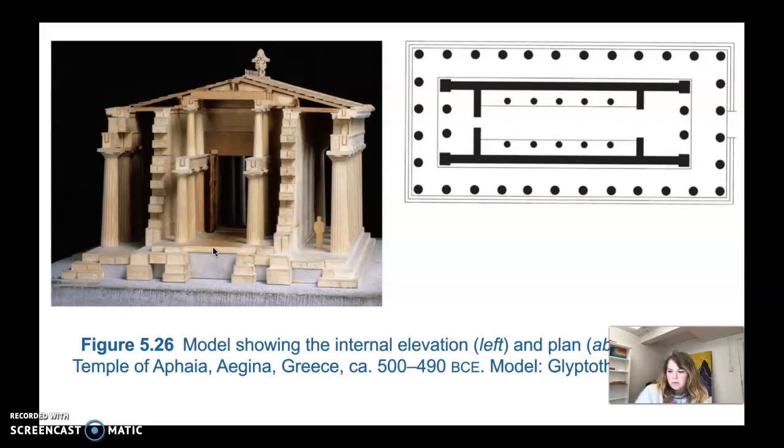And so painted life-size statuary decorated the pediments instead of the high reliefs. So they actually had life-size statuary instead of high reliefs on the pediments of this particular temple, which is a little different because the Archaic period temples typically had high reliefs in the pediments. And the theme of both pediments was the battle of the Greeks and the Trojans, but this sculptor kind of depicted different episodes of the battle, and Athena is pictured at the center of the combat in both pedimental scenes